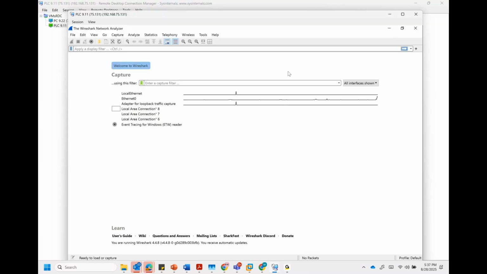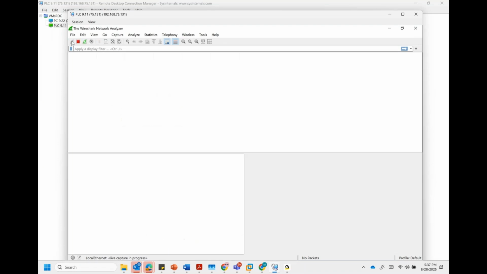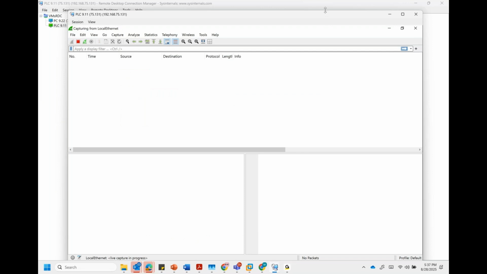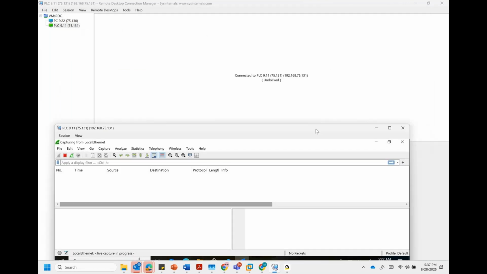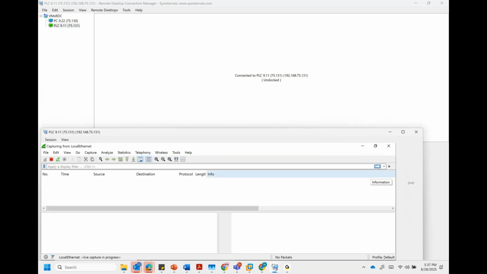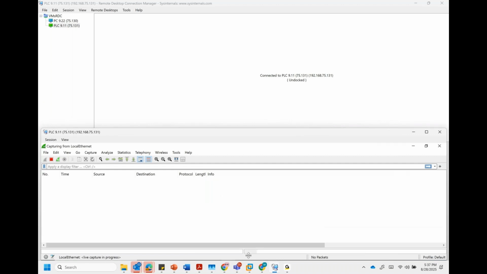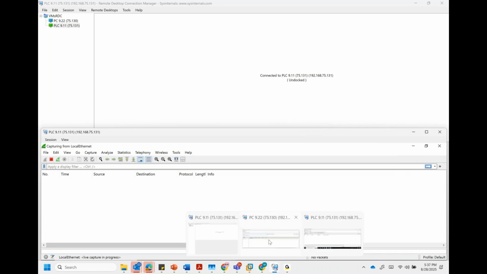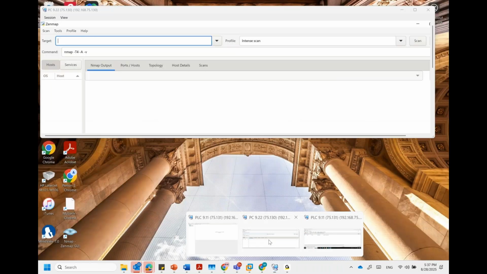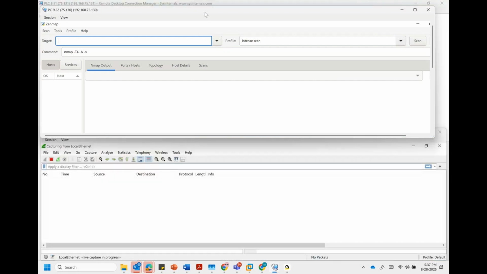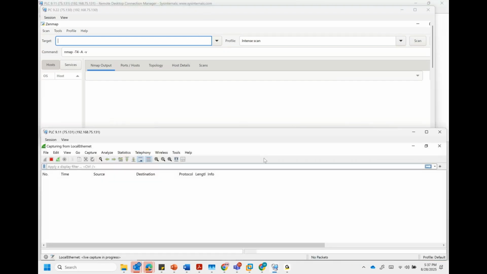All right, so this is my so-called PLC, and I'm running Wireshark on it. So I will start capturing the traffic, and then I will move it down so you all can see the traffic as well. Nice and beautiful. All right, so let's move this down, make it shorter down here. Okay, so the top one is my PC, and the bottom one is supposedly the PLC, which is going to receive the traffic.